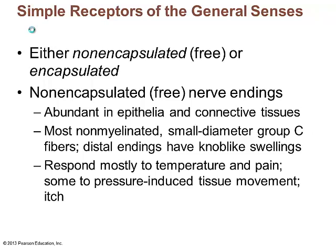If you look on page 486, table 13.1, we see some of these pictured for us. They're either encapsulated or non-encapsulated. Free dendritic endings, or they have some sort of capsule around them so that when pressure is applied to it, it then fires off those dendrites or starts the message going in the dendrite region. Usually think of things that need a little extra protection. We don't want to break off dendrites. So we see encapsulated